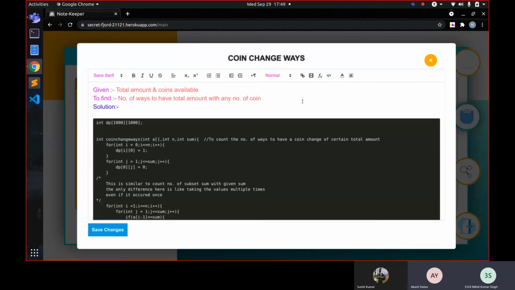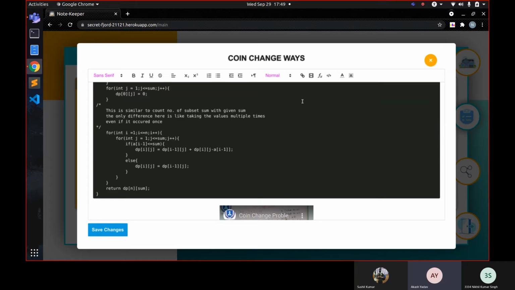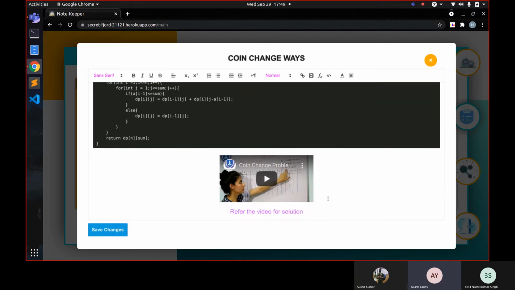So this is our editor. The editor which I have used for our project is the Quill editor, so that I could provide a neat and clean interface for his code, so that he can indent, he can customize his note according to his desires. And the features which I have provided are font style change, bold, italic, underline, strikethrough, indentation, alignment, superscript, subscript, and changing the font size.